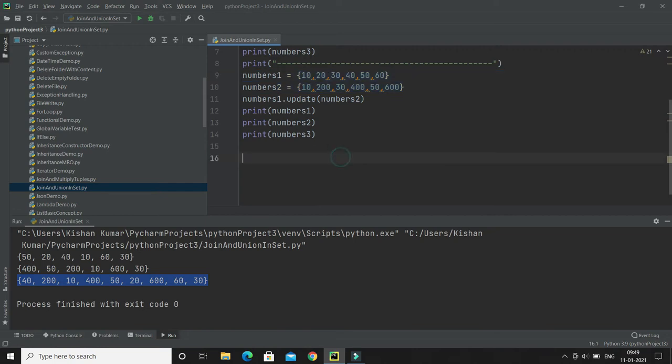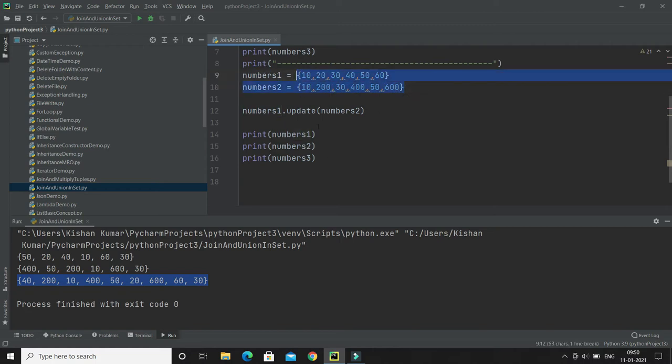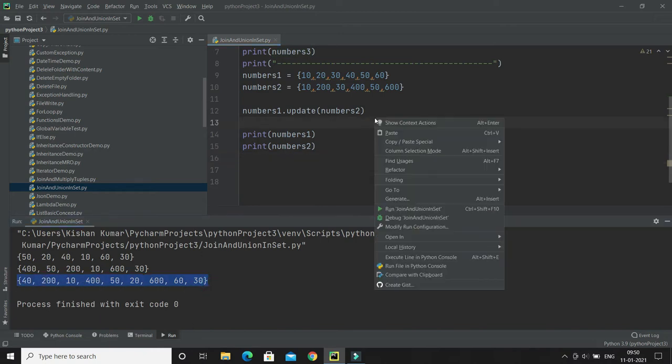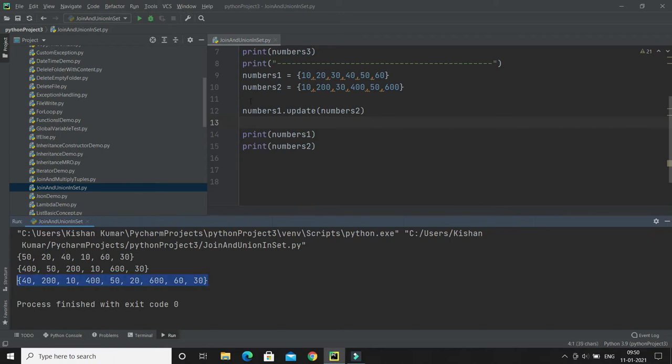I hope you understood. We are calling the update method on numbers1, which is a set, so numbers1 will be updated with the union of these two sets. Let me show you the result. The result will ultimately be the same, but it is stored into numbers1. So numbers1 is altered, but numbers2 stays as it is.